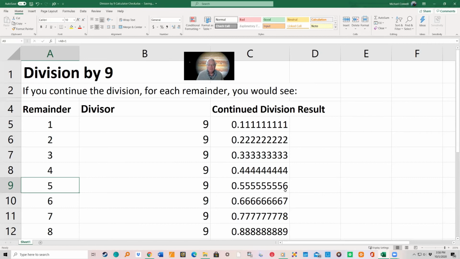Hopefully this will be helpful for you as you explore the division by 9 problem, in particular in terms of trying to figure out whether you're getting a correct answer or not. Basically, you take the remainder, and if you're predicting a remainder of 2, your calculator should show you 0.2222, depending on how many digits of accuracy your calculator